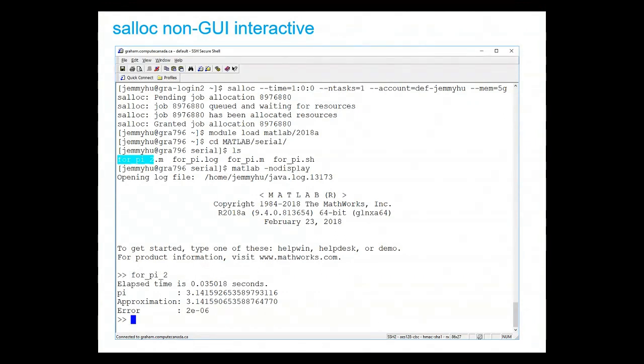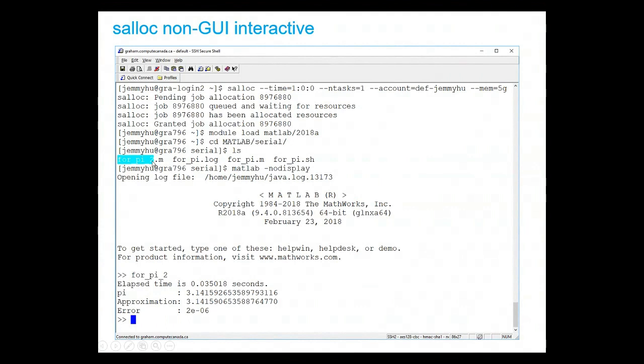So once you are on this node, you module load MATLAB, say 2018a, and then you can go to your file directory. So in my case, I have this MATLAB